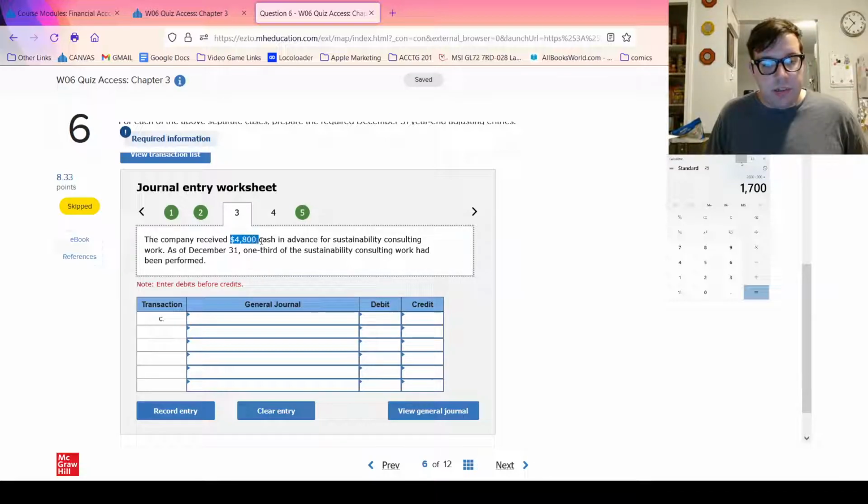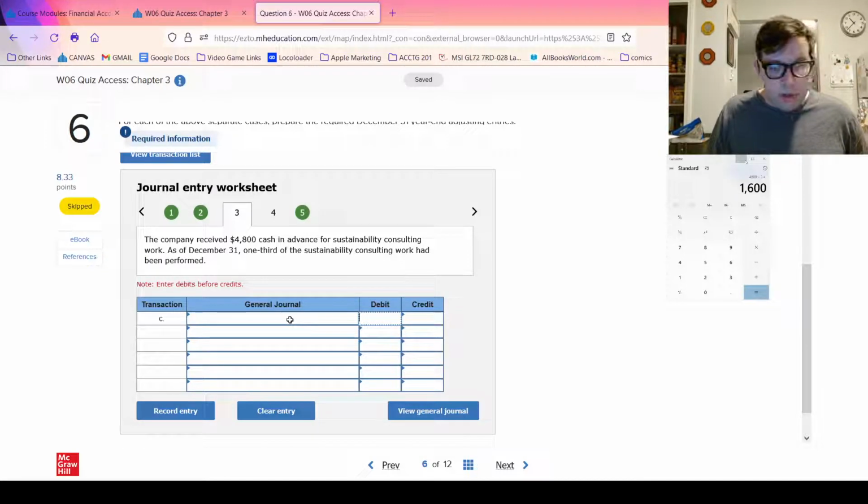And the way that we do that is the initial value was $4,800, and we're going to divide that by 3 to give us $1,600. So that's one-third of $4,800, and that's the amount being accounted for here of the work that's